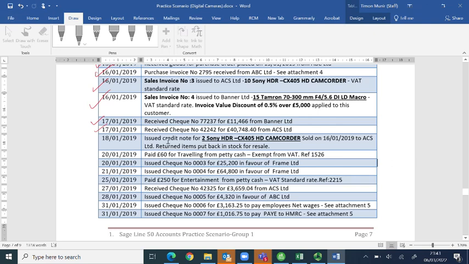Next, on the 18th, we issued a credit note for 2 Sony HDRs which were sold to Ace Limited on 16th of January. So notice that Ace Limited bought 10 Sony HDRs, and now we are receiving these two back from Ace Limited because maybe they were faulty, so he's returning those two